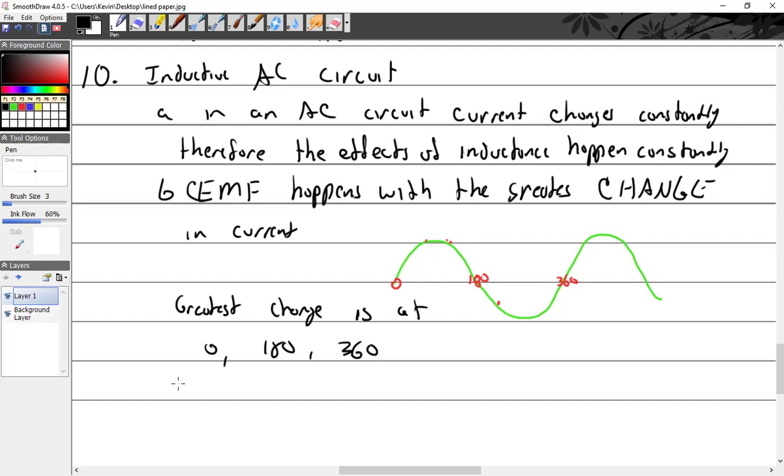I don't want to make this too complicated. I'll just tell you what it's on here, but I'm going to leave it at that. Counter EMF follows Lenz's law and opposes current change 90 degrees later. We also know that counter EMF is 180 degrees out of phase with applied voltage. Therefore, in a purely inductive circuit, and